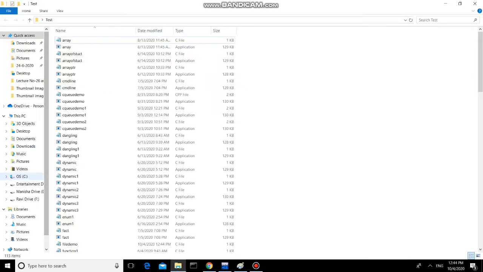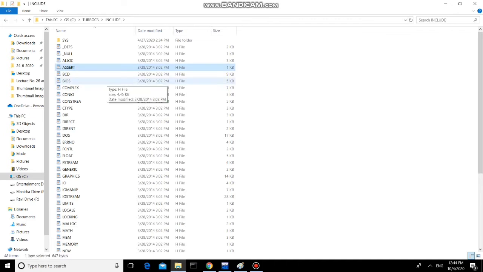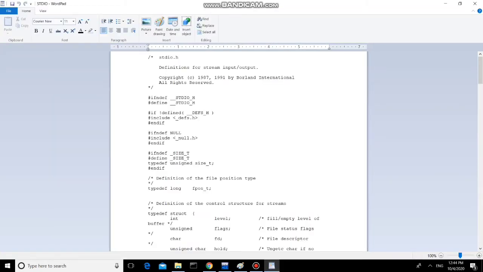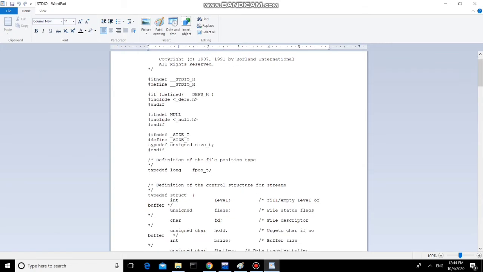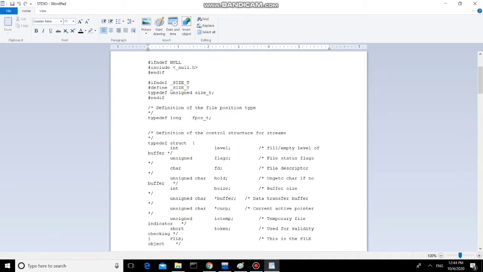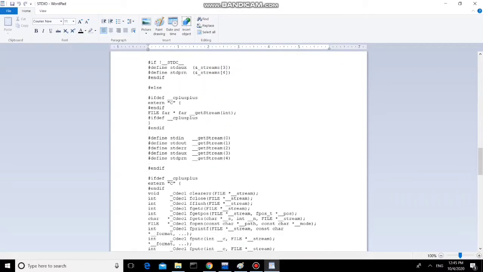When you go to the include folder and open the stdio.h header file, you can see that FILE is a structure.